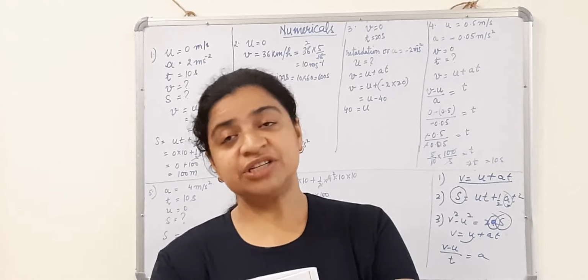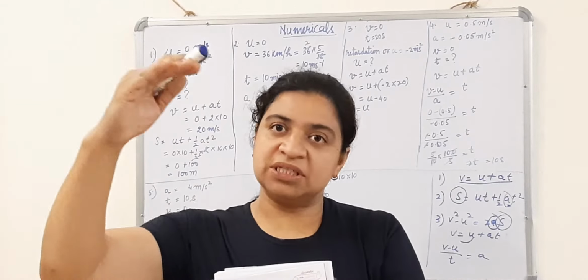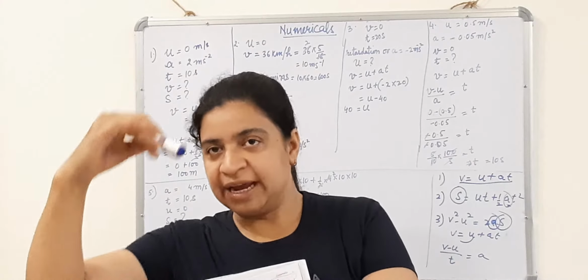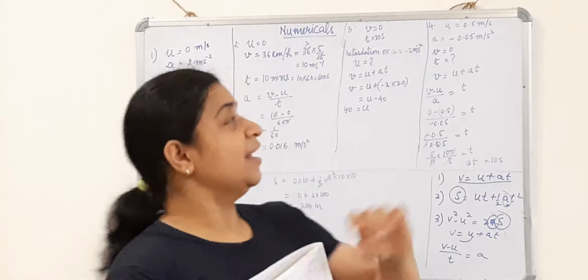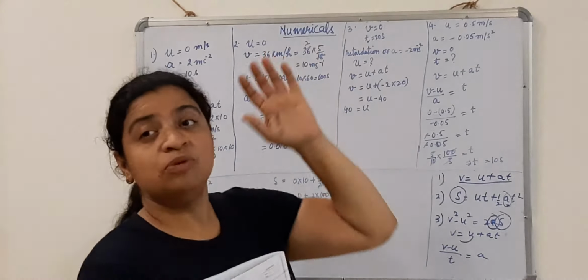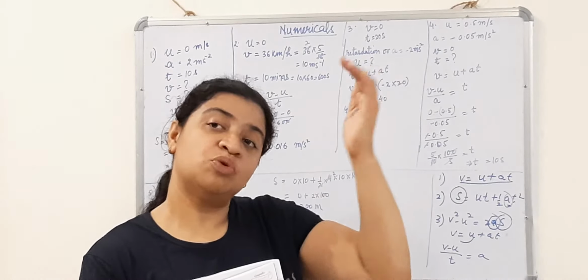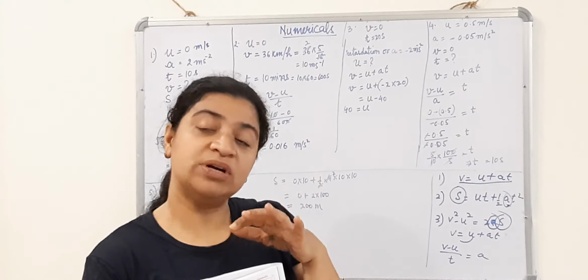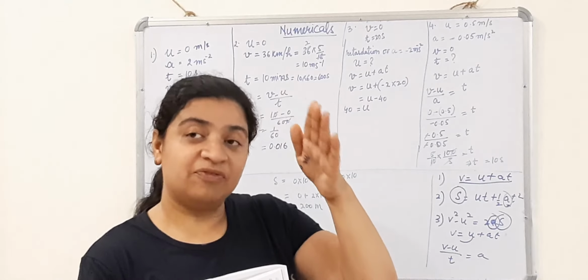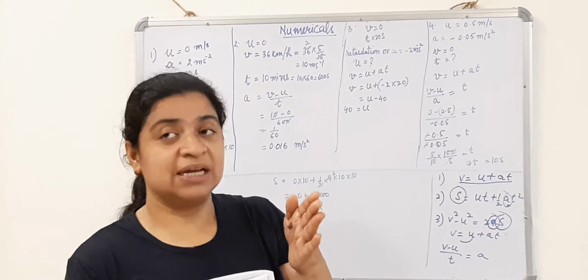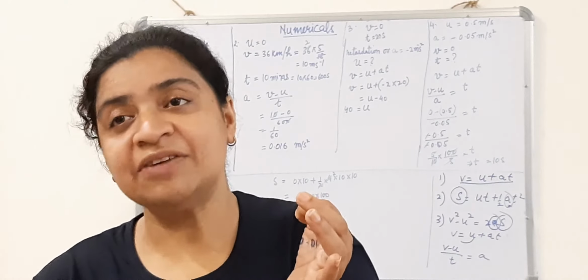Acceleration is the rate of change of velocity. It will be positive if the velocity is increasing. It will be negative when the velocity of the object is decreasing. In this case, velocity has come to 0 from a certain initial velocity. Suppose earlier it was moving with a velocity of 5 meter per second and now its velocity has come to 0. That means the velocity has decreased. If the velocity has decreased, we call it retardation, or we can also call it negative acceleration.